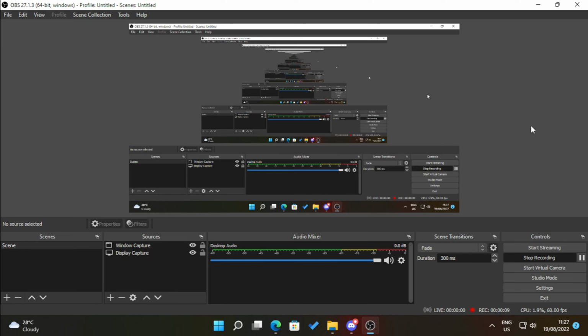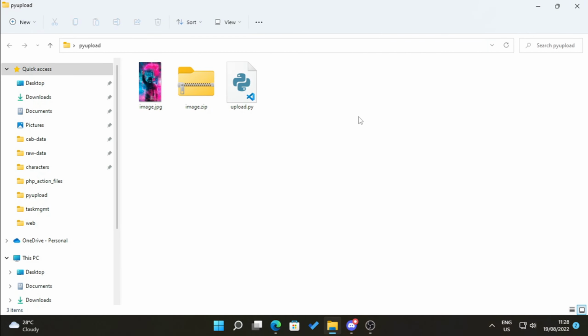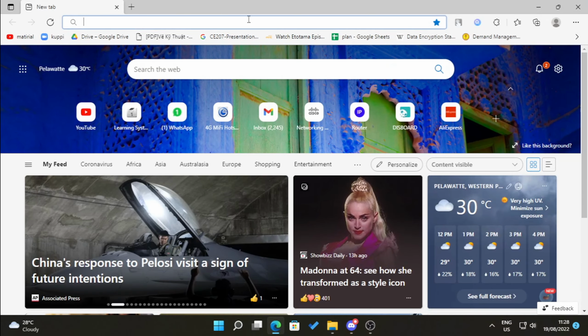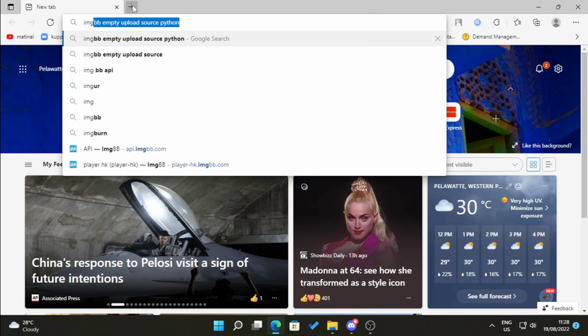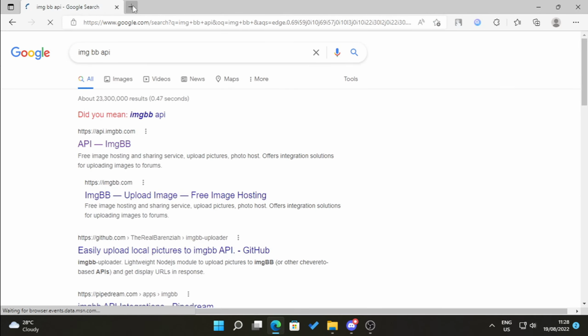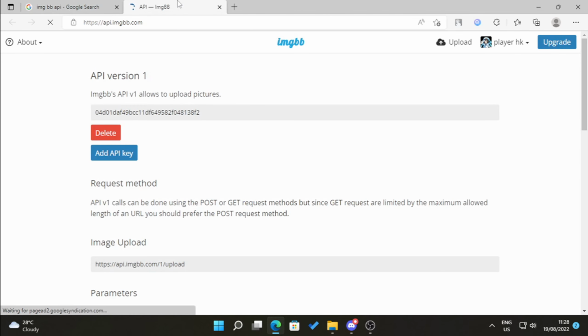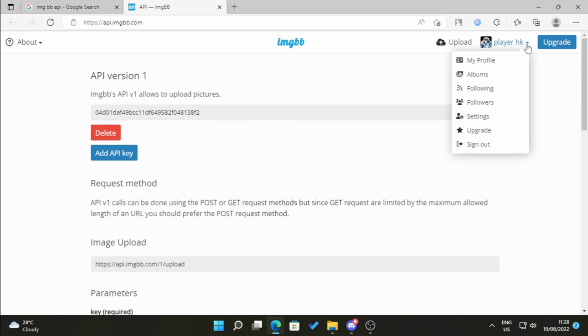Last time we talked about how we can upload a file into a web server using Python. Now let's talk about how we can do this using Imgbb. Actually, in here, using the Imgbb API, we can upload an image to Imgbb. You will see what I am talking about now. If you go to the Imgbb API, you can see this link here, and I have already logged in here. You might have to log in here, and then